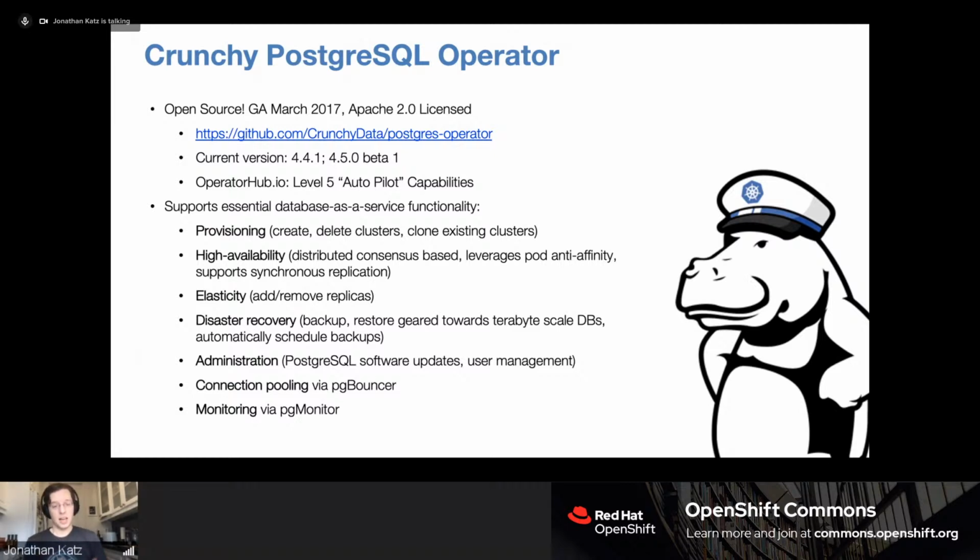Administration. One thing that I may or may not attempt to demo is being able to use the popular pgAdmin tool, which is a graphical user interface to administrate your Postgres instance. And PG Bouncer, which is a connection pooler. One of the known limitations in Postgres is that the number of connections you have could have an impact on database performance. It has to be a fairly large number. That said, there's actually a big improvement for that coming in Postgres 14, but that's at least a year away.